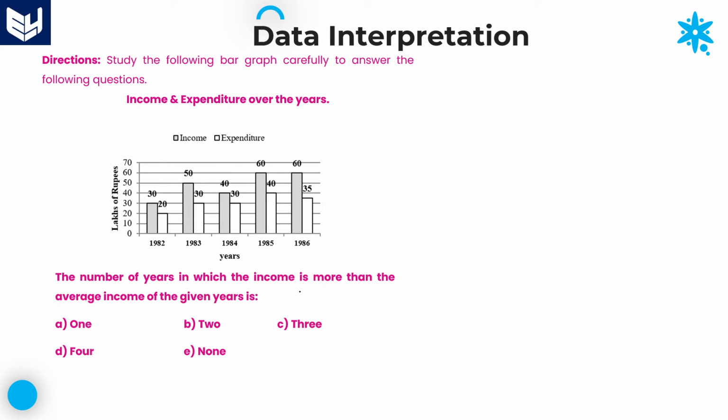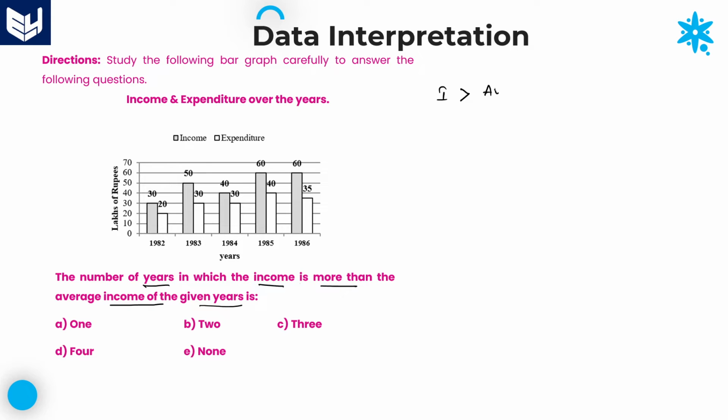Look at the second question. The number of years in which the income is more than the average income of the given years. First, here we need to find out the number of years. In how many years income is more than